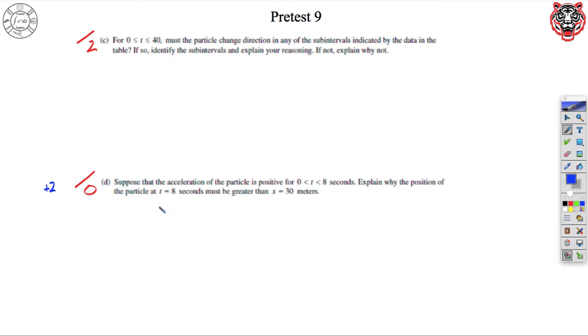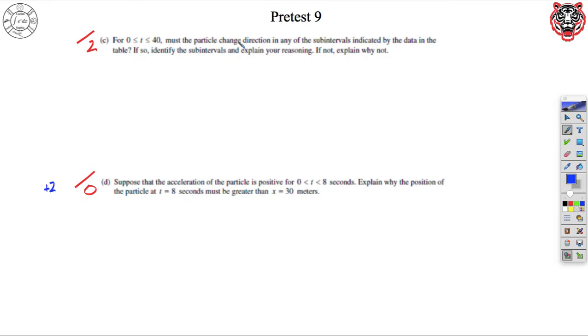Wait, so on the AP test, it'll just be a normal point, yeah. But you can miss it and still get a 5. That's why I'm treating this as extra credit. But the other hard ones, you should know how to do. All right, for part C, this one was pretty hard as well,